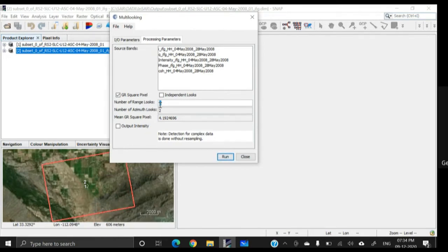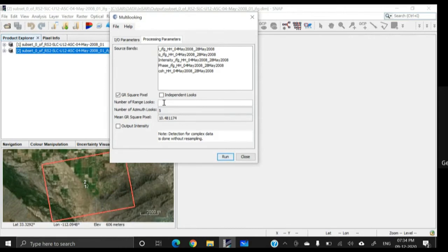Say if I need around 10 meter spatial resolution, then I have to put the value 5 over here, and the spatial resolution will become around 10.5 meter. So this is basically an averaging technique that will reduce the noise on the DEM, but you have to remember that it will sacrifice the spatial detail.